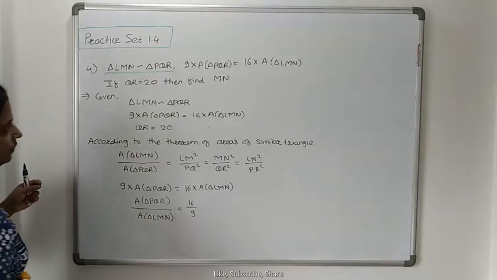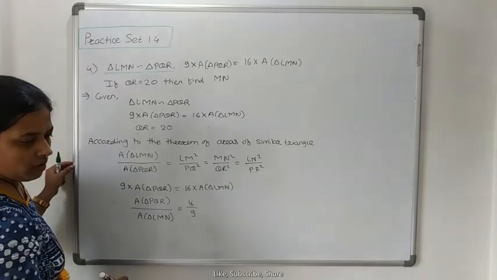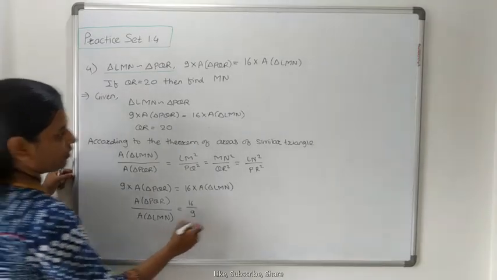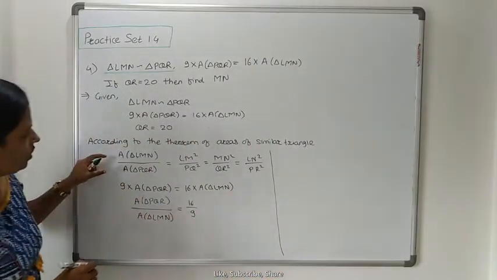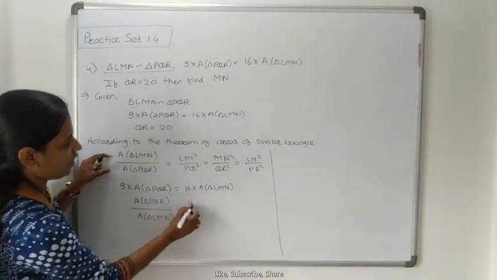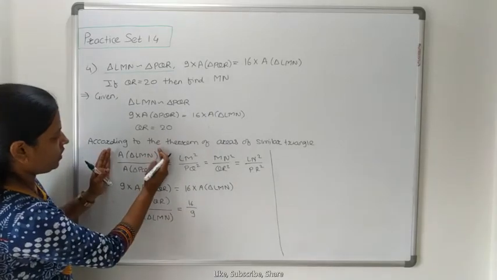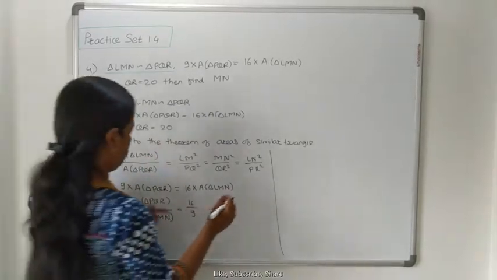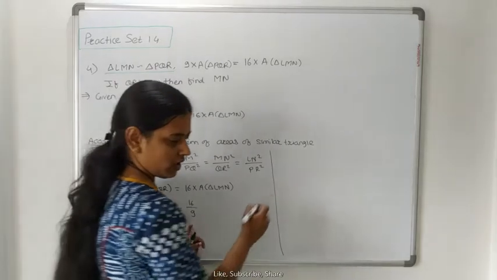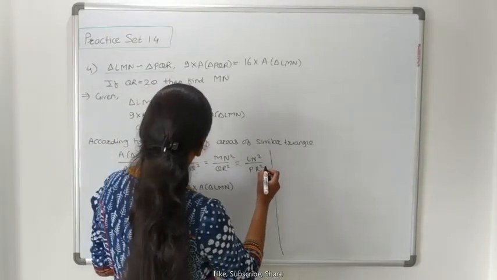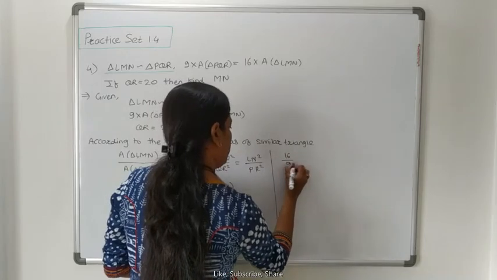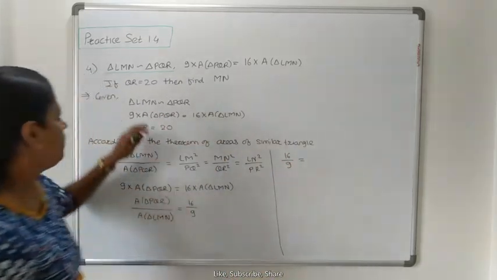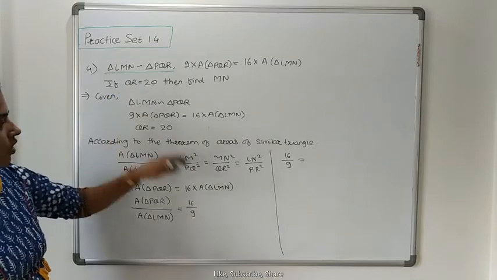So we know that what areas of this one. So just put like this one. That is, we have to put this part 16 upon 9 to this place. Okay. So 16 upon 9. 16 upon 9 into what, which side we have to take? That is QR. So QR is what?